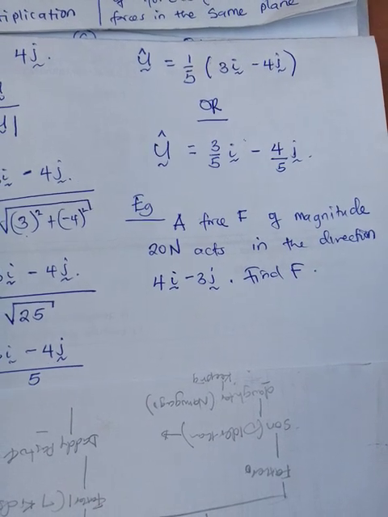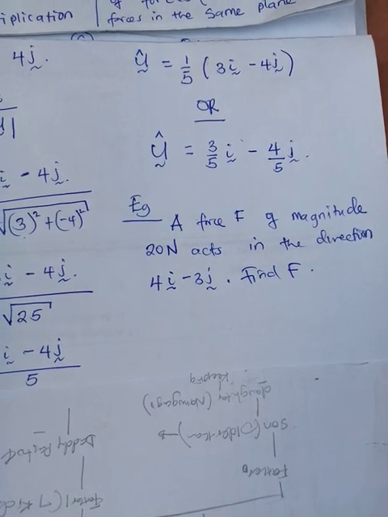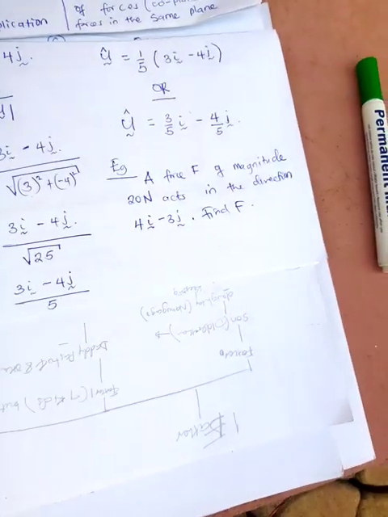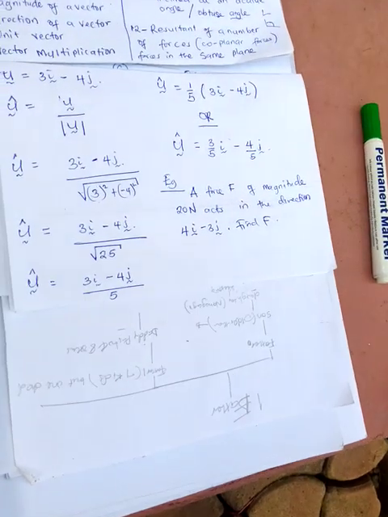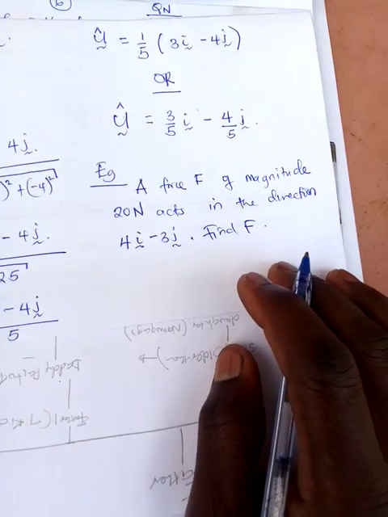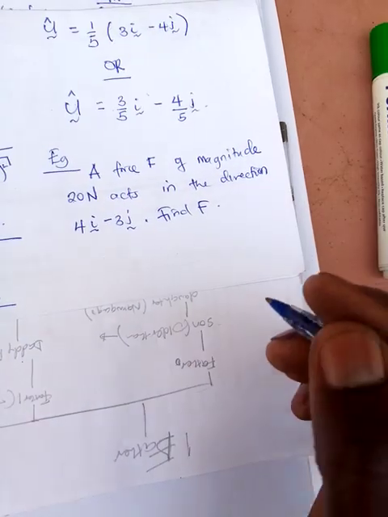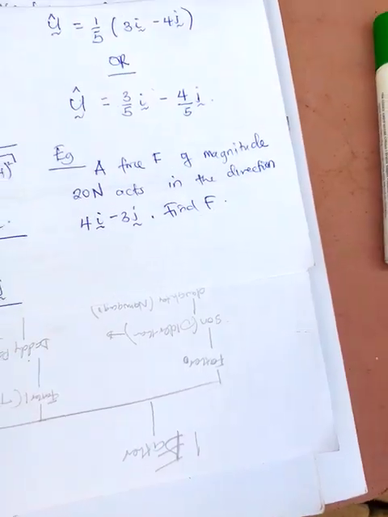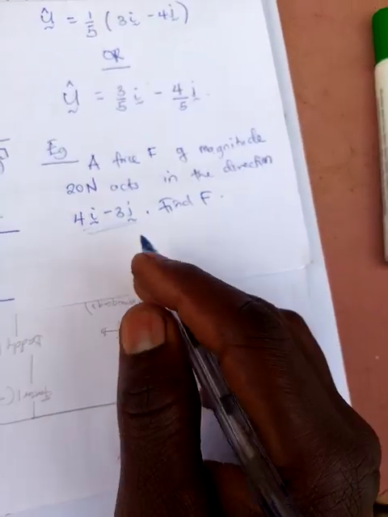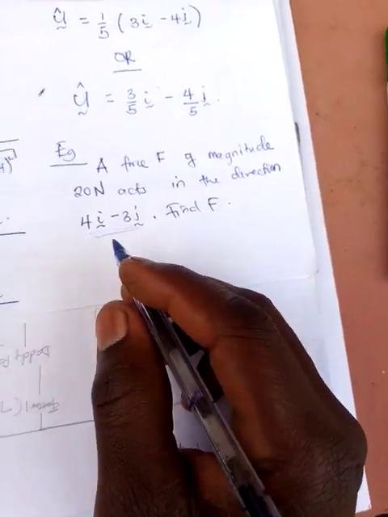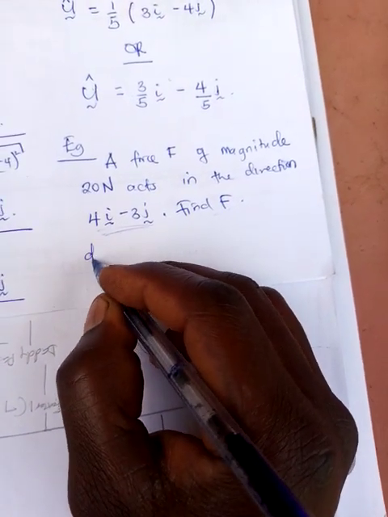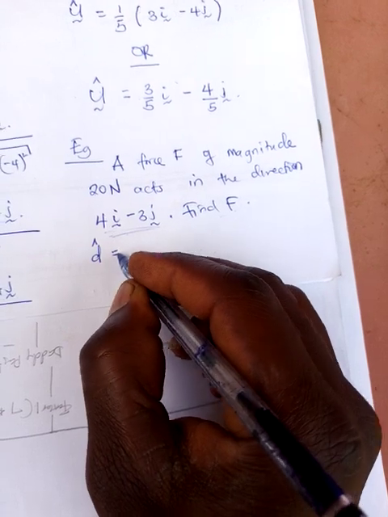And the magnitude, what we do, find this F. What you do, you first get the unit vector here. This direction is that, so we shall say unit vector of the direction is equal to